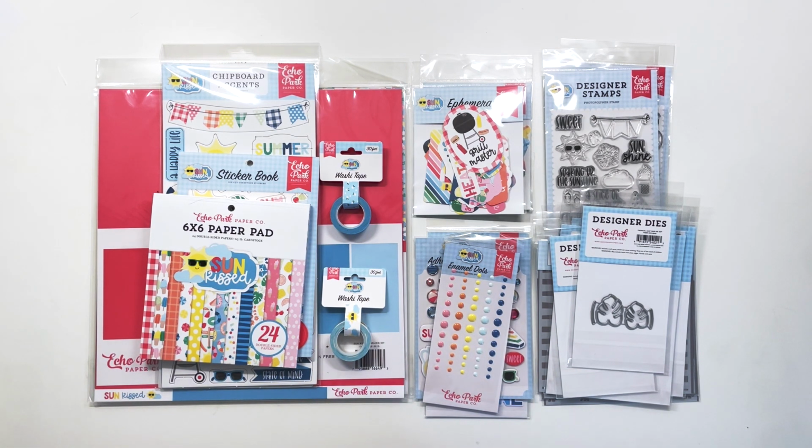It is called Sunkissed. Yes, I know I had a digital line last year named Sunkissed. I wasn't in charge of naming this line, so I've got two Sunkissed collections now, but luckily they're both very different. So when they asked me to design a summer line, my first instinct was sort of a backyard pool